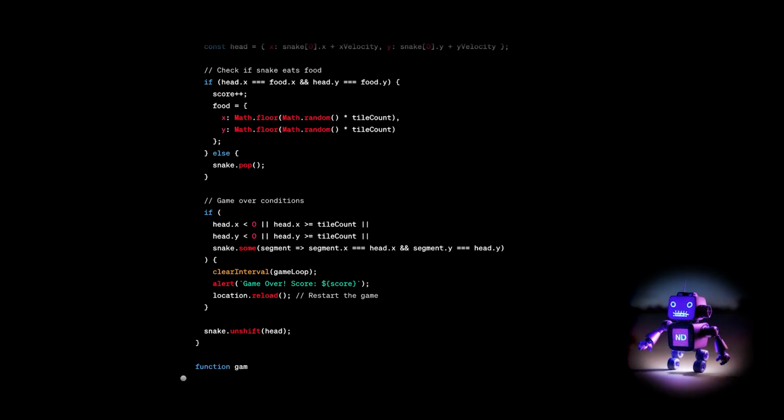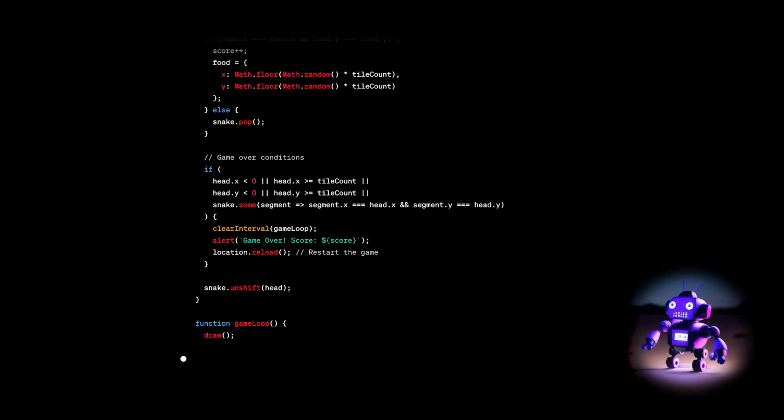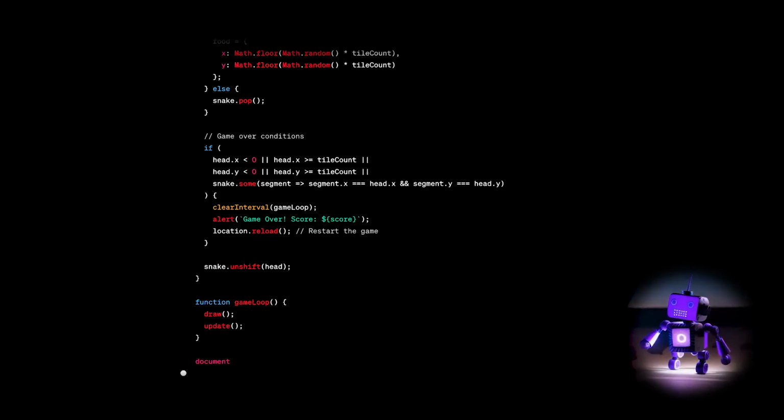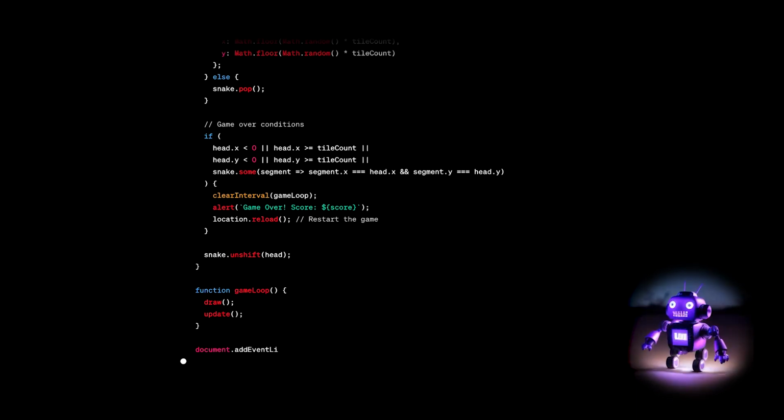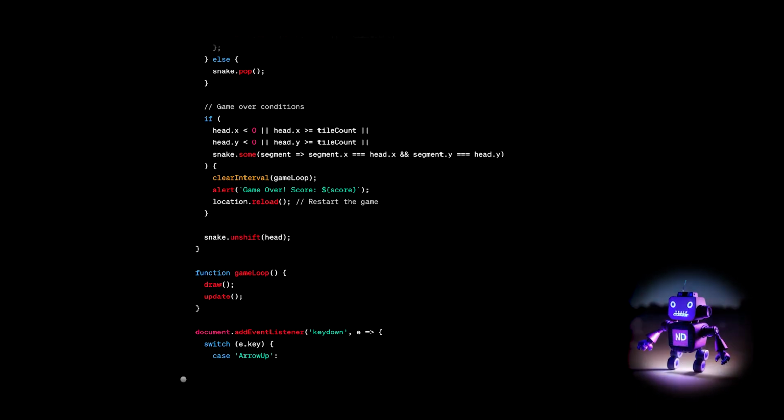The arrow key event listeners are crucial for enabling player interaction with the game. These event listeners detect when the player presses arrow keys on their keyboard, which in turn dictates the direction in which the snake should move. When the player presses an arrow key, the corresponding event listener triggers, capturing the key press event. For instance, if the player presses the arrow up key, the event listener associated with the arrow up key is